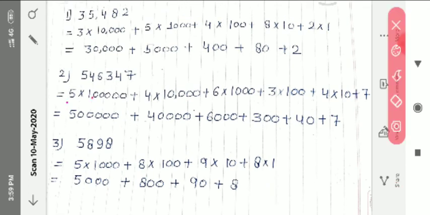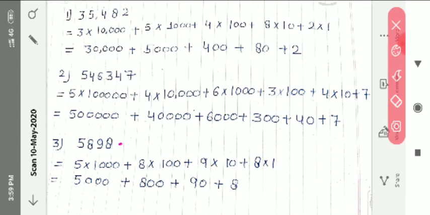Okay, now simply multiply. 5 1 is 5 and how many zeros are there? 5. 4 1 is 4 and how many zeros are there? 4. Okay, here zeros are only decreasing. Here are 5, here 4, here will be 3, 6 1 and 3 zeros, 300 has 2 zeros, 4 times 10 is 40 with 1 zero, and in the last one no zero here. Okay, similarly we can do this example also.